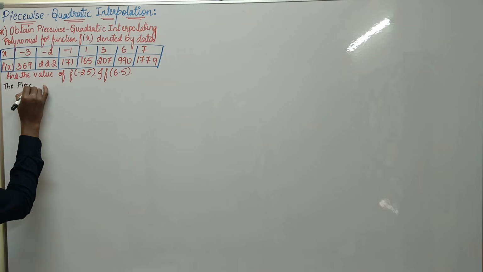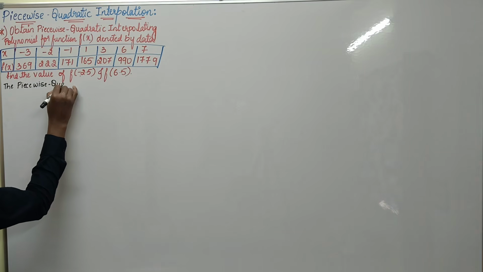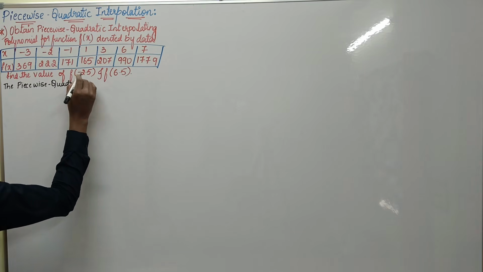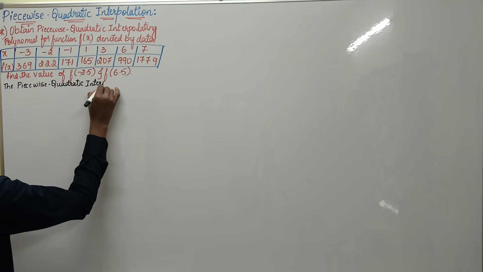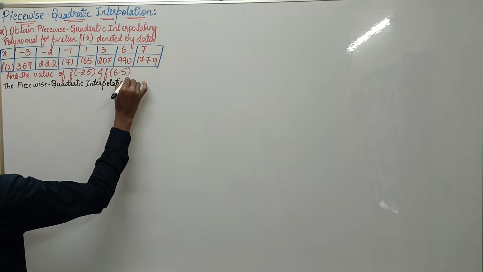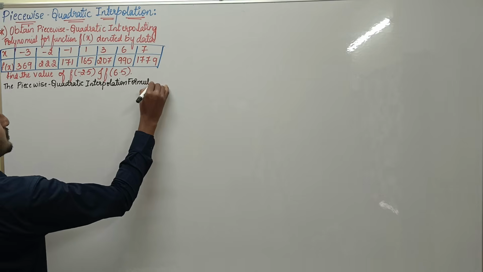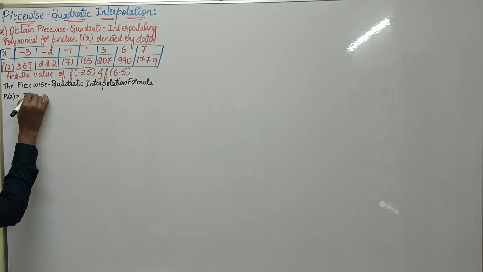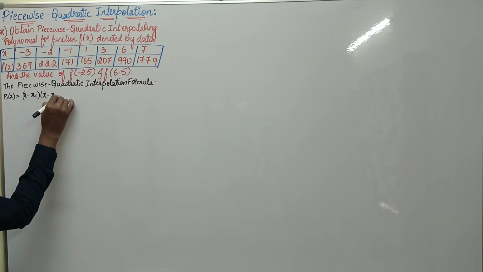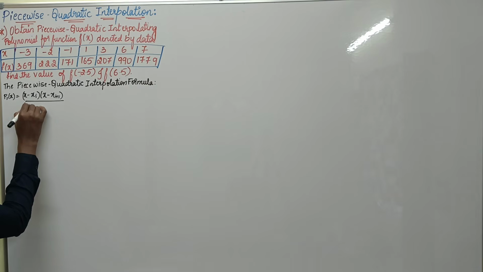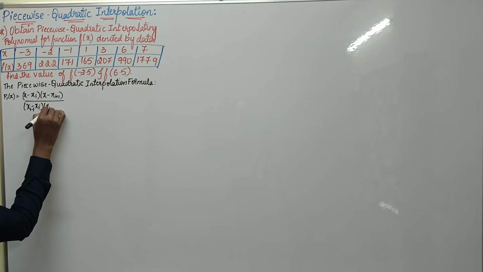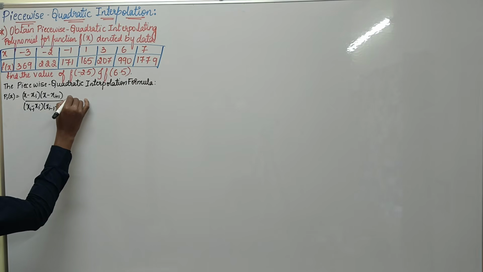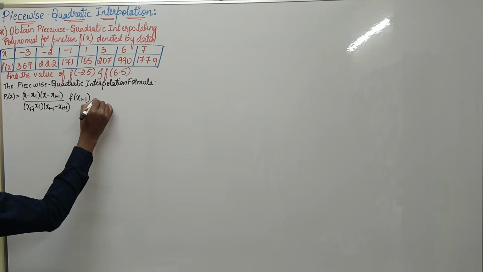The piecewise quadratic interpolation formula is given by p1 of x, which is equal to x minus xi plus 1 divided by xi minus 1 minus xi, into xi minus 1 minus xi plus 1, into f of xi minus 1, plus